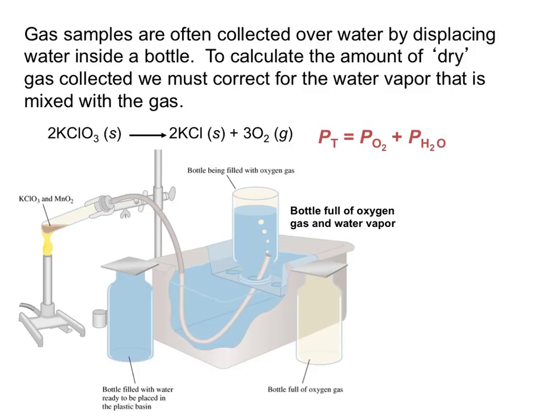So the pressure total, or we'll use Dalton's Law here, but the pressure total in this case is going to equal the pressure of the gases that are collected plus the water vapor that might be also contained in the bottle. Now, when the bottle's height is adjusted in the tub of water, basically what you end up doing is equalizing the atmospheric pressure to the pressure of the gases that are in that container. So if we know our atmospheric pressure when we utilize this type of setup, we can subsequently figure out our